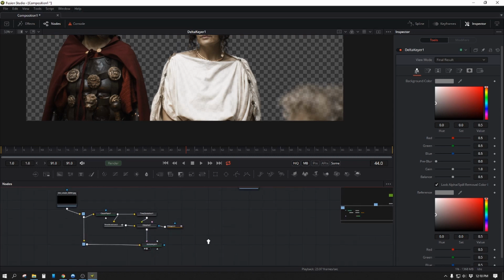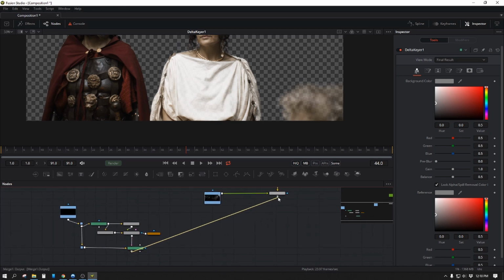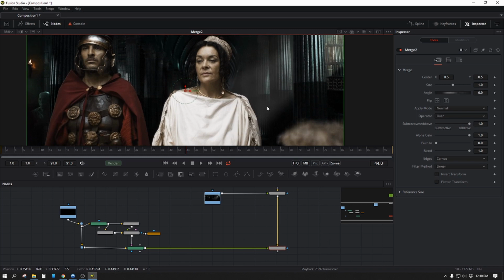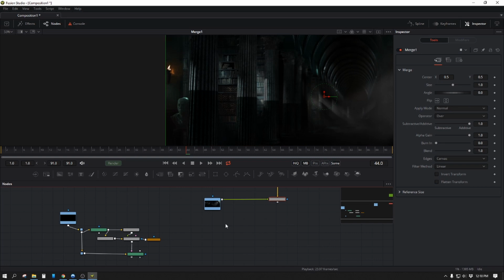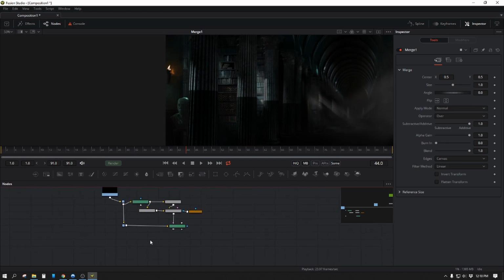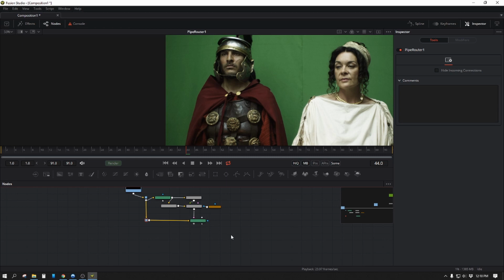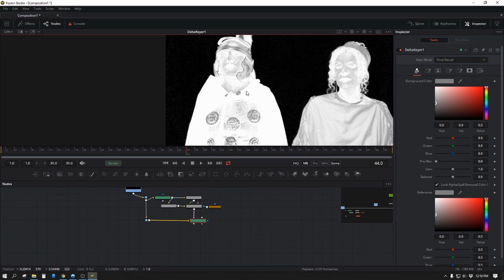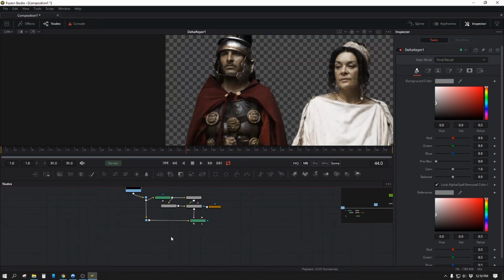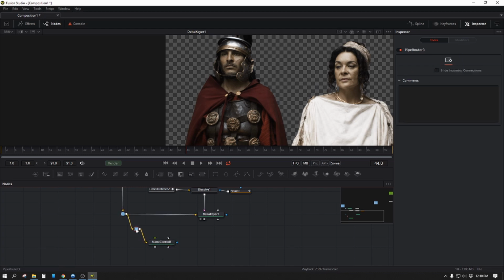So what we're going to do is make a decision here. Do we want to use this as an edge mat to our comp and do a fill key, or do we want to just use it as a mat and bring in our RGB as a separate entity, which is what a lot of people do because it allows you to adjust the green screen, despill it and all that good stuff separately without messing up the mat, which looks like that. All right, so let's do it that way instead. Bring in another mat node, attach it to here, give ourselves an elbow,